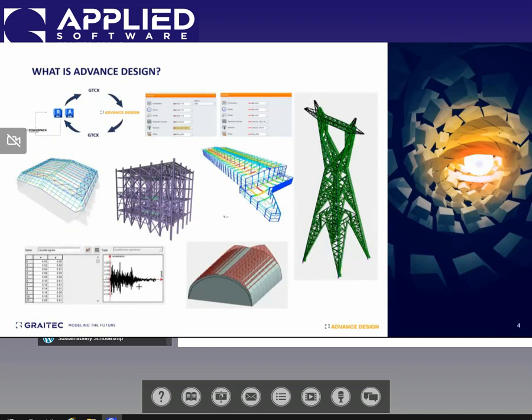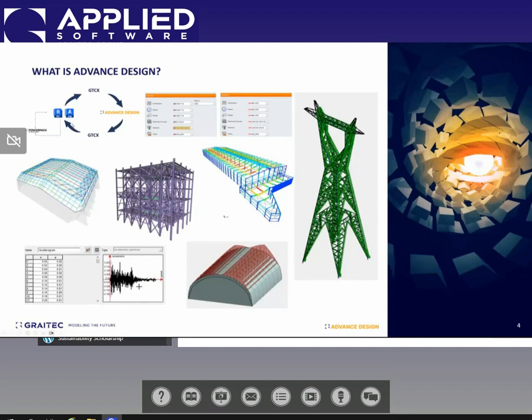Here I have put some screenshots. This is basically the workflow of Advanced Design between Revit and Advanced Steel. As you see, the workflow can work both ways. So you can either start from Revit or Advanced Steel, send your model through GTCX to Advanced Design, apply your loads, perform your analysis and code check, and then you can send it back to Revit or Advanced Steel